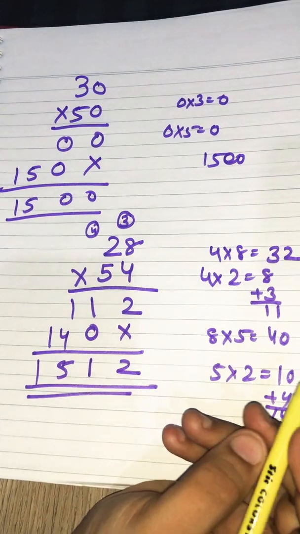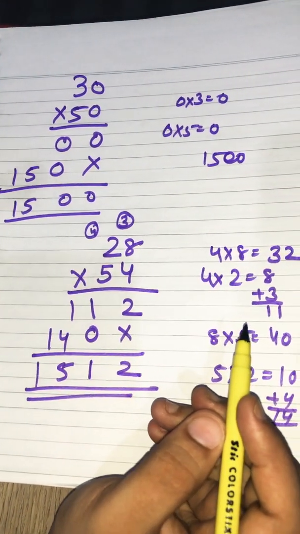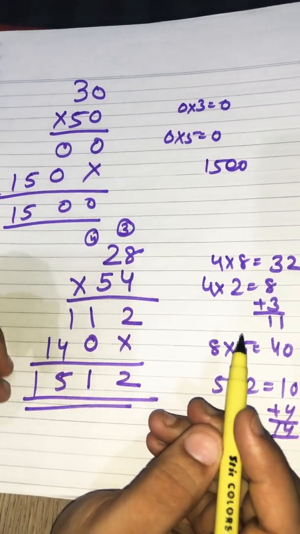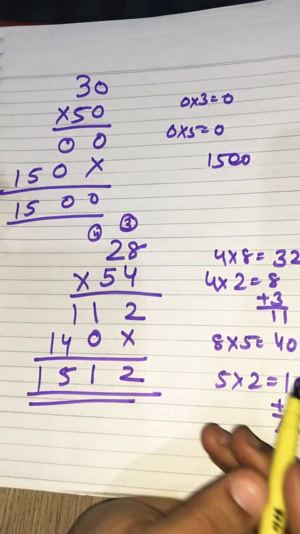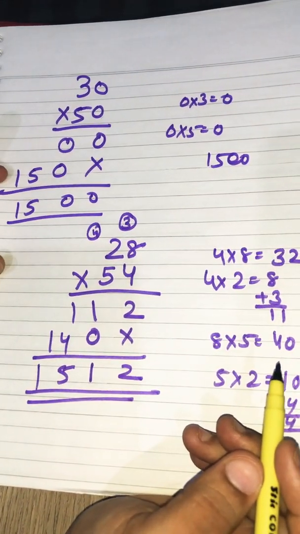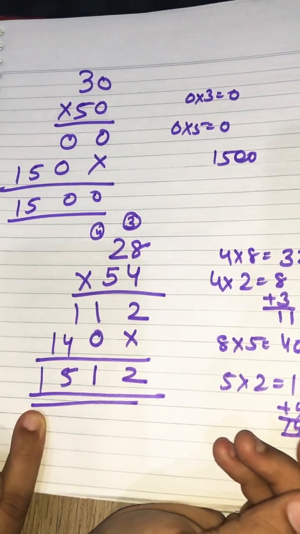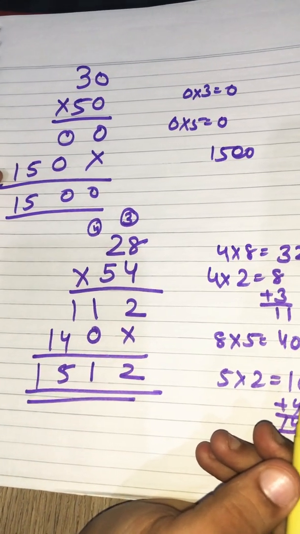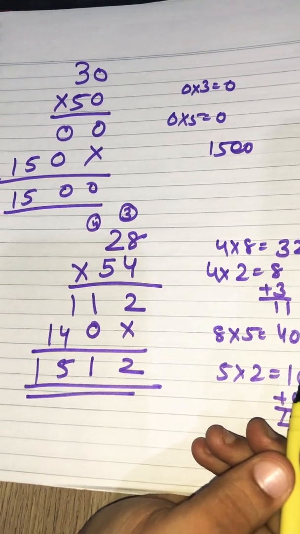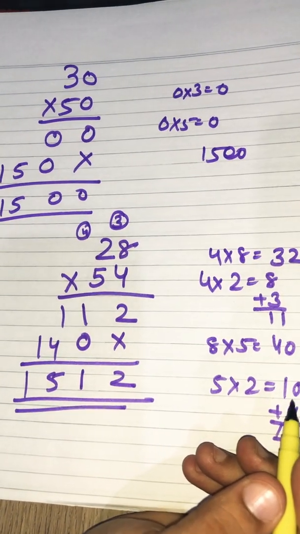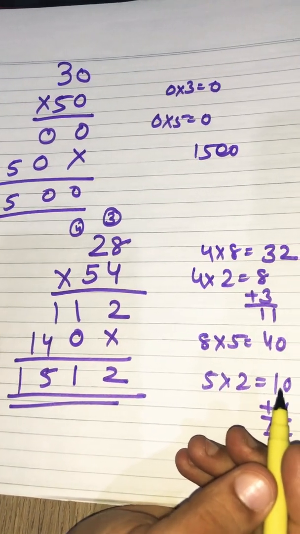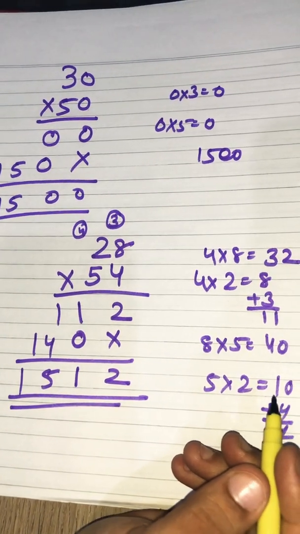So you can see the difference: the estimate answer is approximately true, but it is not correct. We can assume the value from this, but it is not the correct value. This is our correct answer and this is our estimate answer. You can check all the questions of the first part of exercise 3.5 like this. If you have any query, you can contact me.